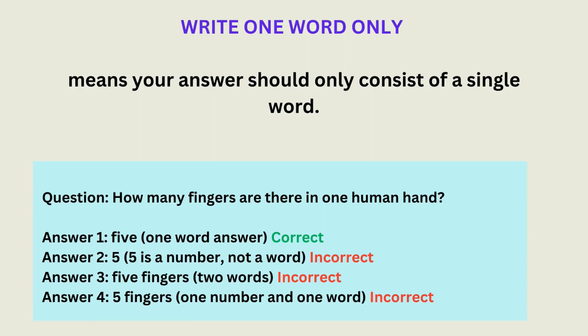This means that your answer should consist only of a single word. For example, if the question is how many fingers are there in one human hand, if you have written the answer as numeric 5, you will be marked incorrect because it is a number and not a word. If you have written 5 fingers, it will also be marked incorrect because these are two words. If you have written numeric 5 along with fingers, it will also be marked incorrect as it consists of one number and one word. Finally, the correct answer will be FIVE because this will be considered as a one word